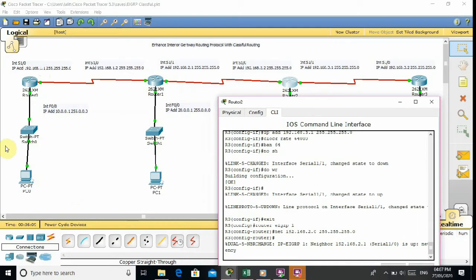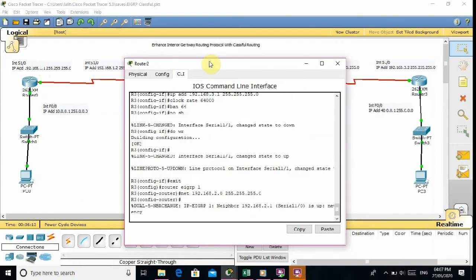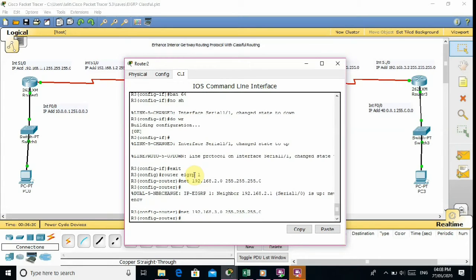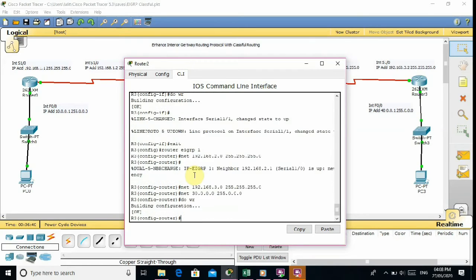This is router 2, this is the router 2 switch and this is the router third. There is a second connectivity, that is network 192.168.3.0, which is connected to router 4, and third network, which is connected to the switch, 30.0.0.0 255.0.0.0.